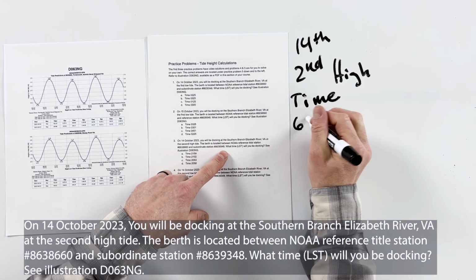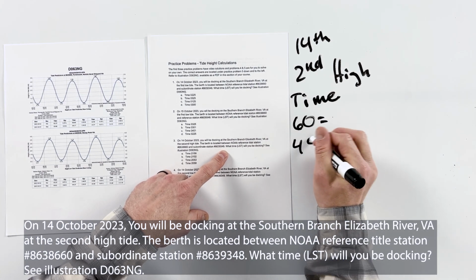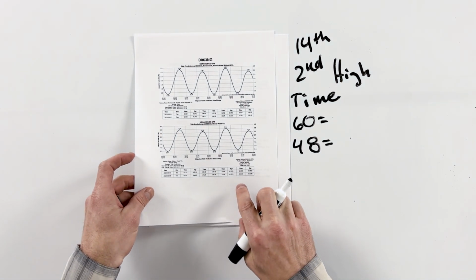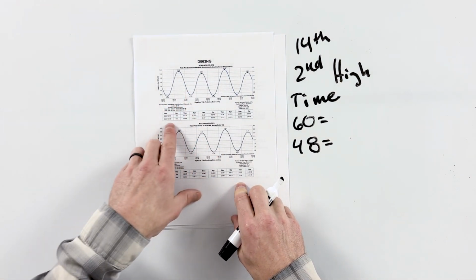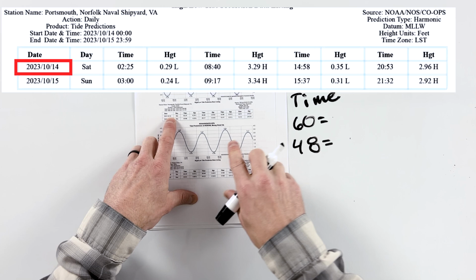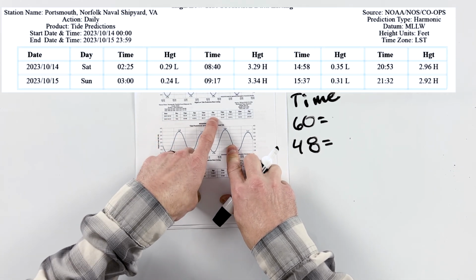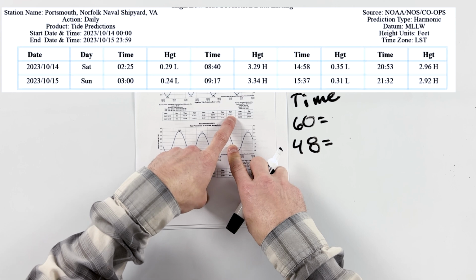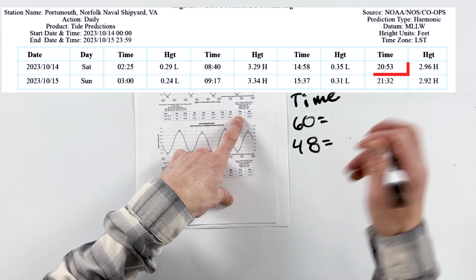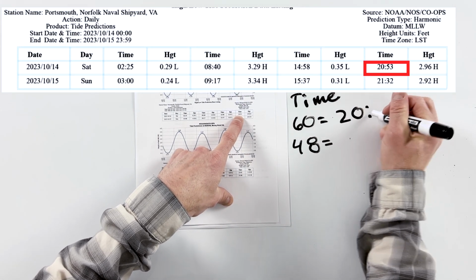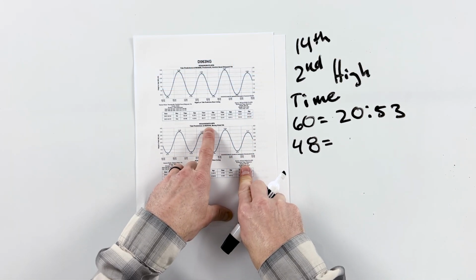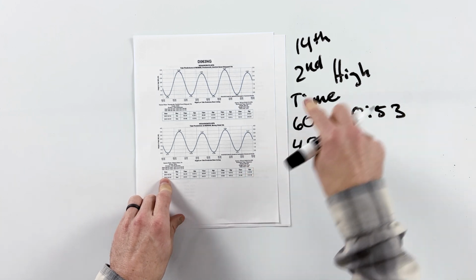So again, we get station 60, station 48. 60 is up top here. See that? Ends with 60, and we're on the 14th, so we're on the top line, second high. So here's the first low, here's the first high. Second low, second high. It's got the height, but we need the time. 20:53. Okay, and now we jump down to this bottom station, Money, VA, that ends with 48, and we want